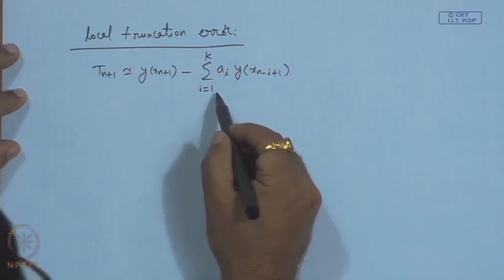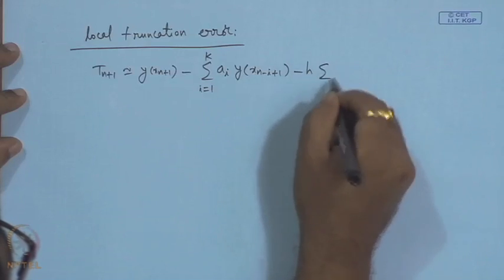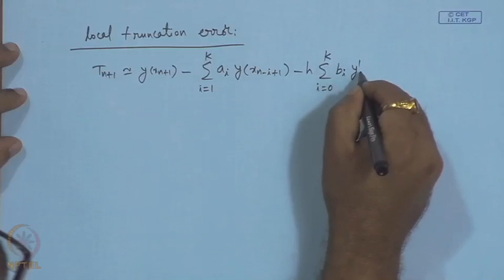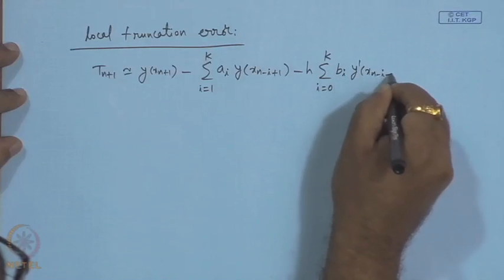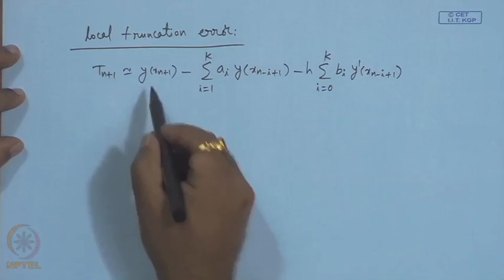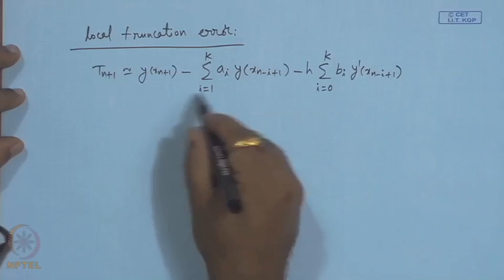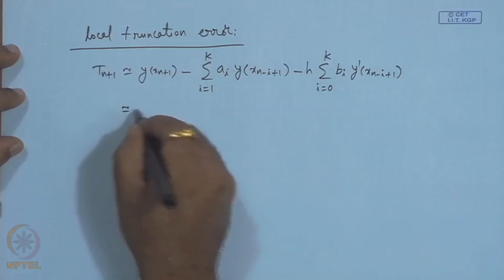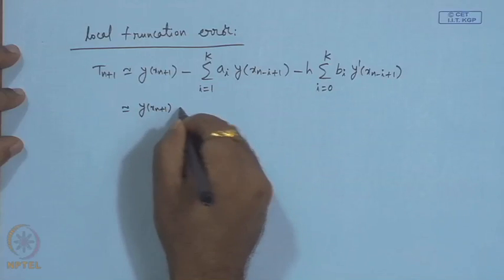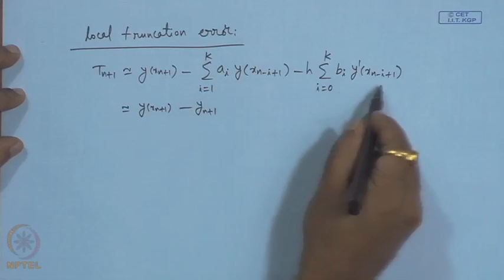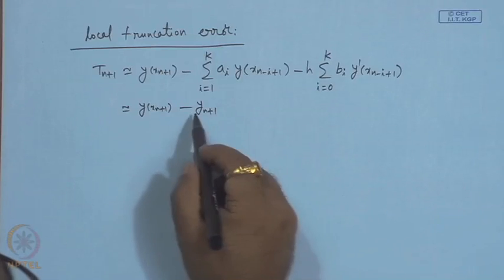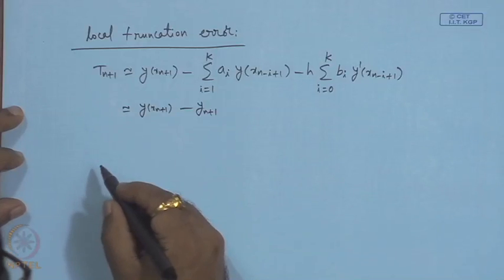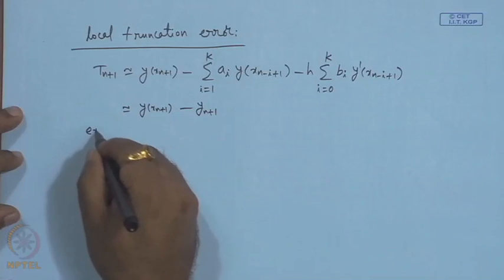So, this is function values, past function values, and these are the derivative values. Okay. So, this is exact minus this is the approximation, right. See, what is this? This is exactly the method. Okay. So, if you take minus common, this term plus this is equal to y n plus 1. Okay. So, now